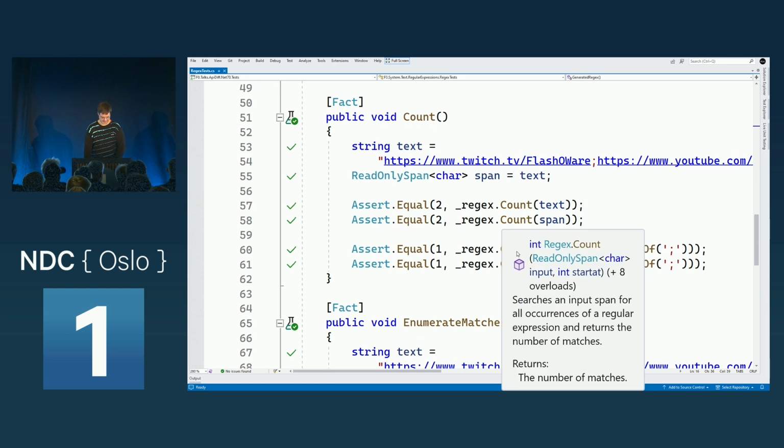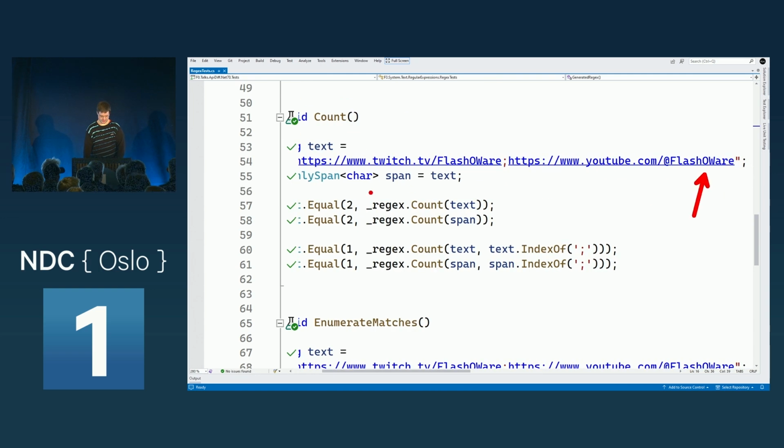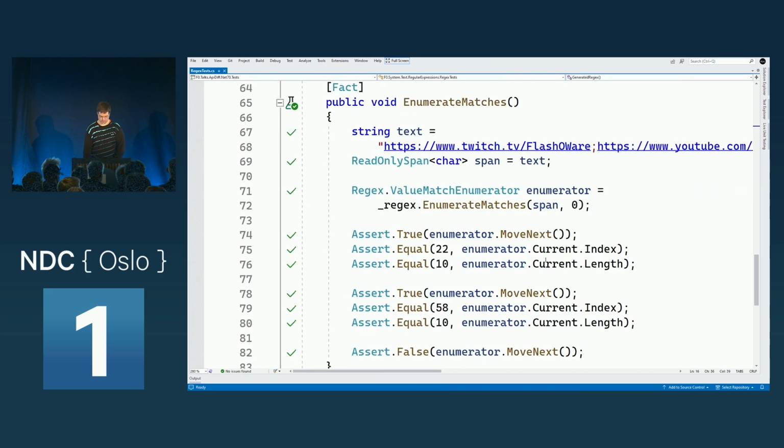And we can also set a start at. So in this case, I want to start at the first semicolon. I am regexing those strings of mine, so we will now only find the second version, so the count is now 1. There's also a new EnumerateMatches method on it, which returns a new type, the ValueMatchEnumerator,